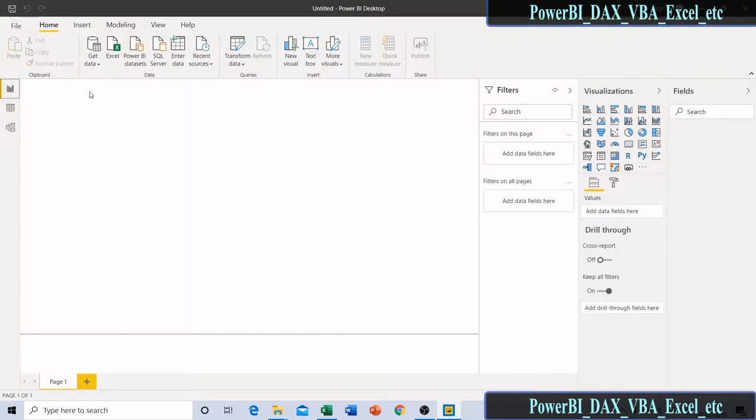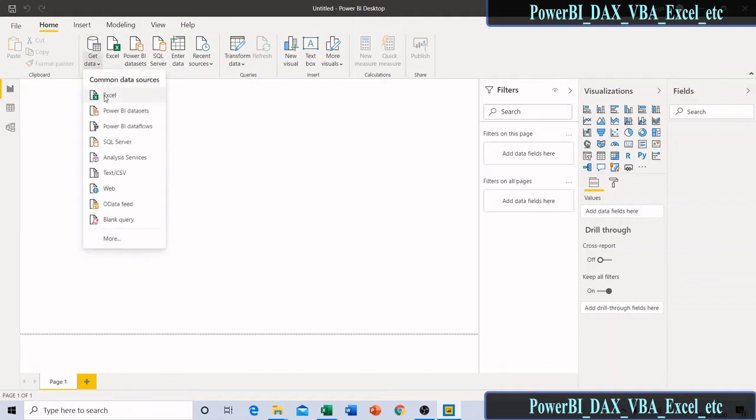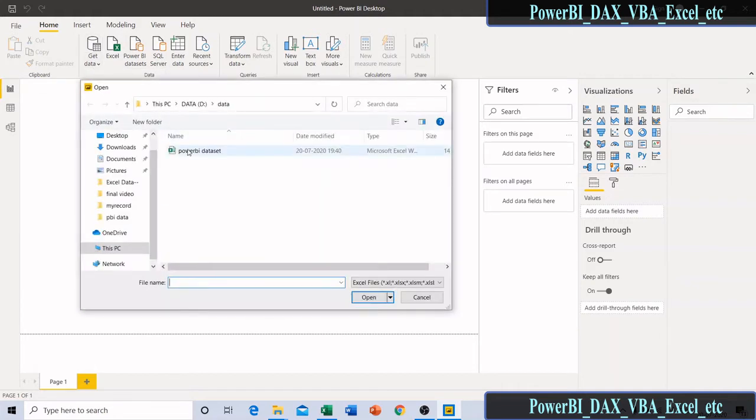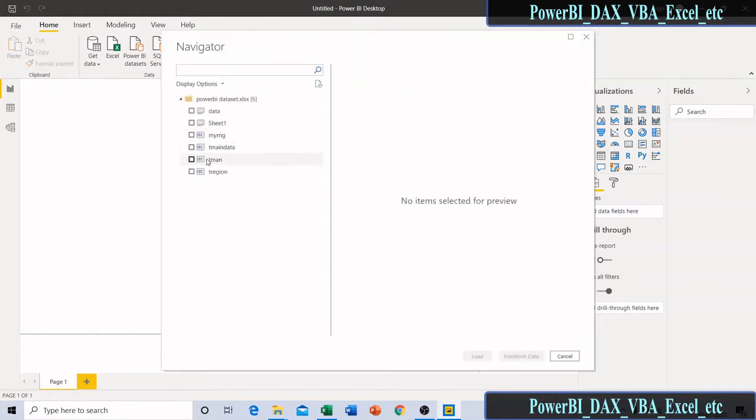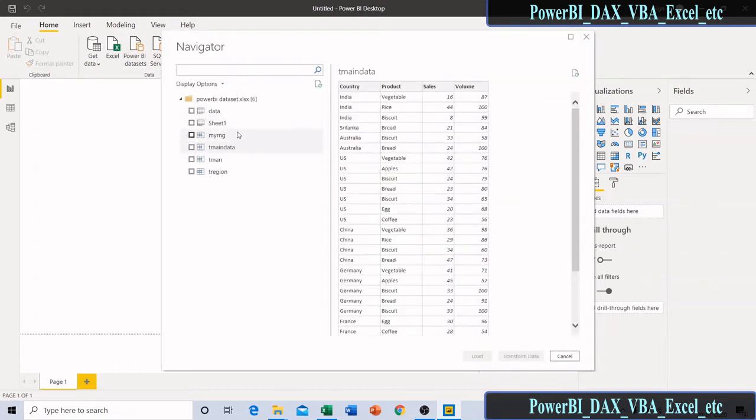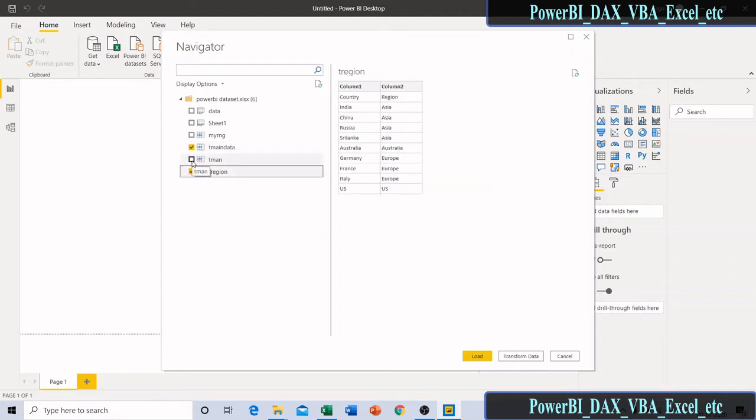For importing data, click on Get Data, Excel. This is my data set. Here you can see that the top two are data and Sheet1. These are sheets. I don't want to load from the sheets, I want to load from named ranges. This is my main data, the first named range. This is my region table, and this is my manager table or lead table.